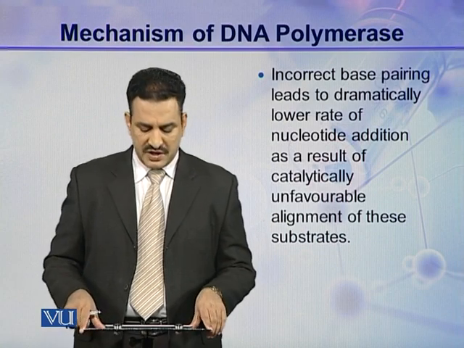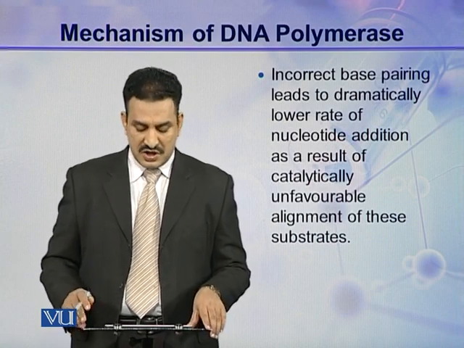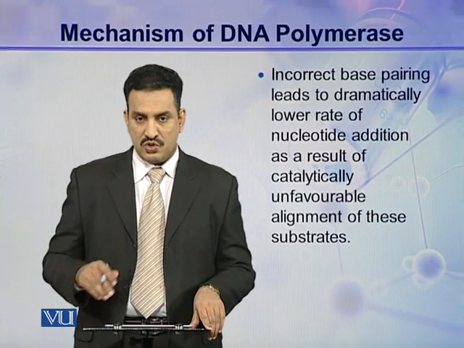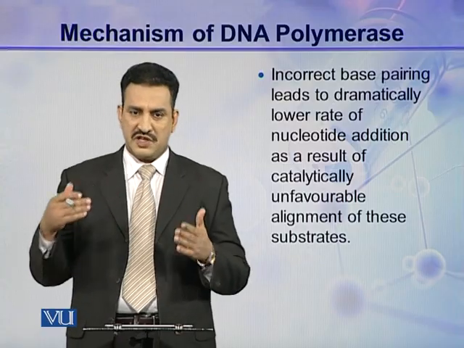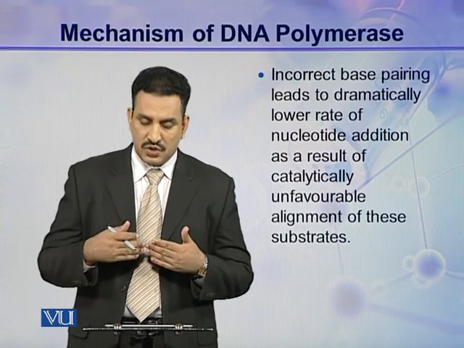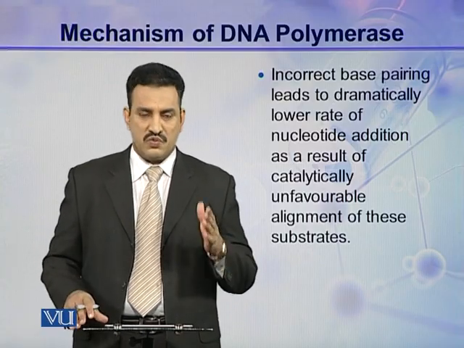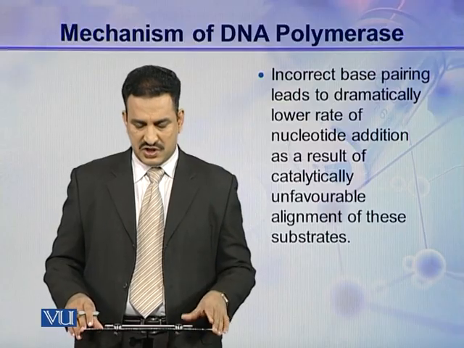Incorrect base pairing leads to a dramatically lower rate of nucleotide addition. If an incorrect nucleotide comes, the addition of this incorrect nucleotide is very rare, or has very low chances,